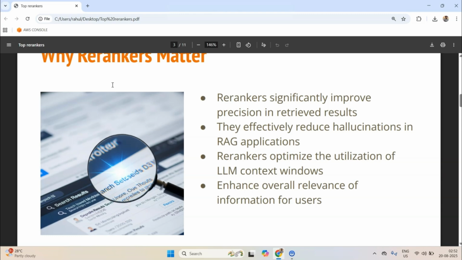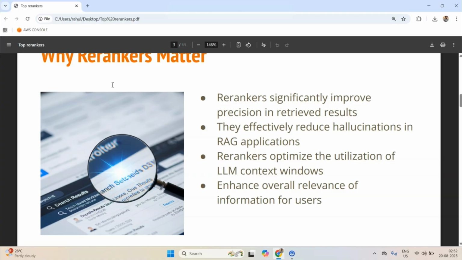So that's where re-rankers come in. They reorder or filter those retrieved results. For example, if I have 50 documents, it will just reorder them, putting the most useful ones right at the top.